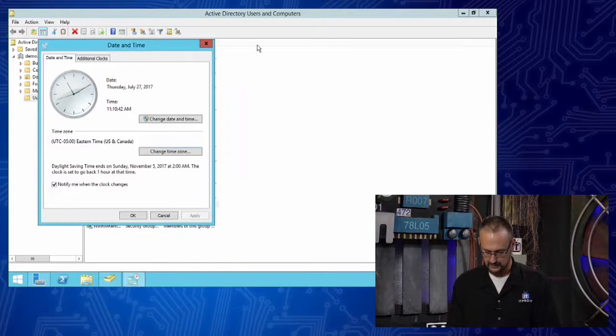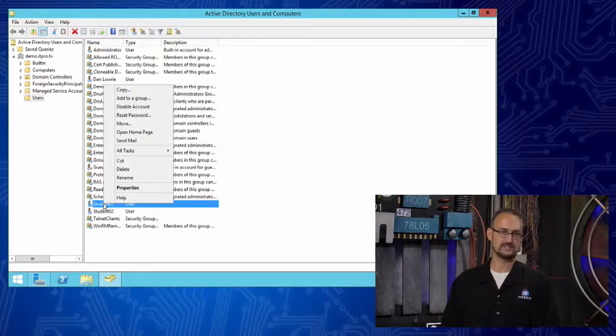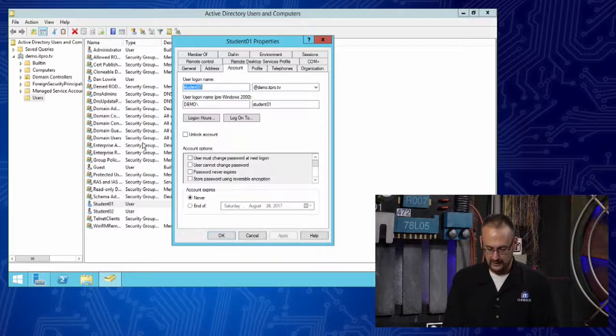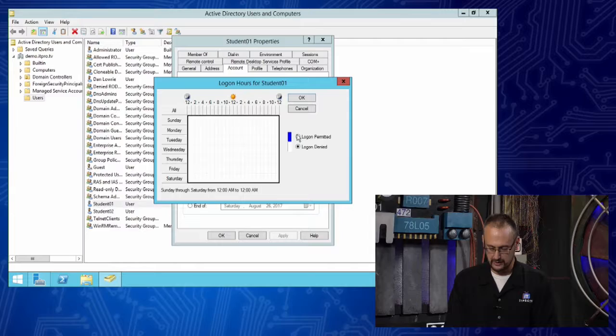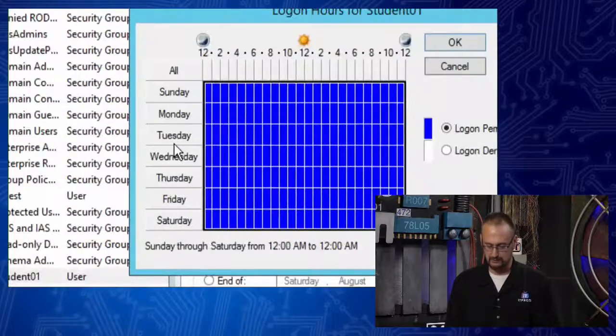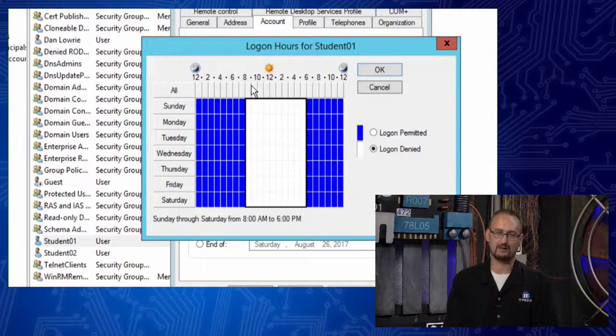All right, let me go ahead and close this down because you'll see that it didn't like that. It said, well, wait a second, you got time of day restrictions open here and you just changed the time of day, so you might want to close that down and refresh it. All right, so now that I got the time and the clock right here, notice that it says login is permitted here. Well, I can actually say, you know what, I don't want somebody to be logged in, let's just say from 8 now. Obviously, you probably wouldn't do it this way, but you'll see the result,